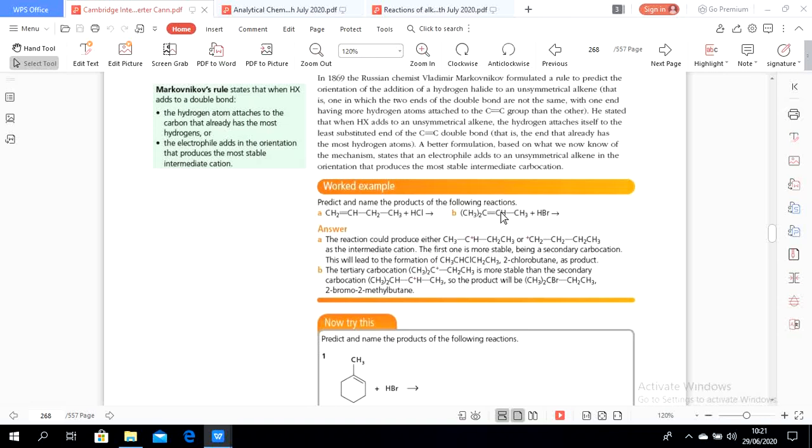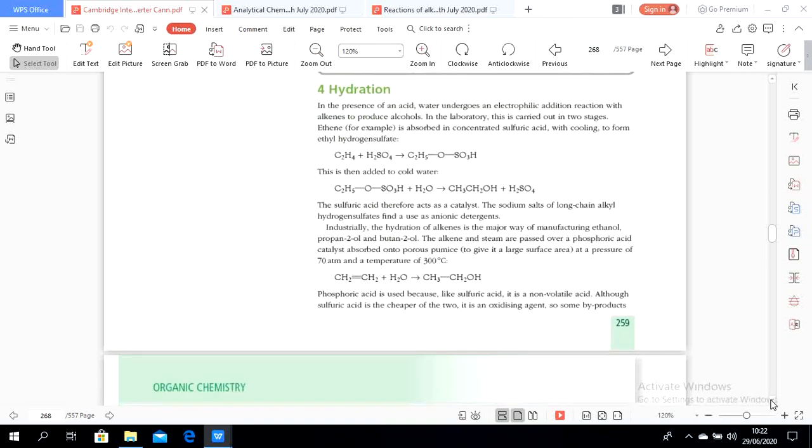On the right hand side there is 1 hydrogen atom. On the left side there is no hydrogen atom. So the hydrogen of the HBr will directly go to the CH instead of the C. That makes it become this structure, CH3, CBr, CH2, CH3. So you see the hydrogen already goes to the CH. This is called the Markovnikov rule.